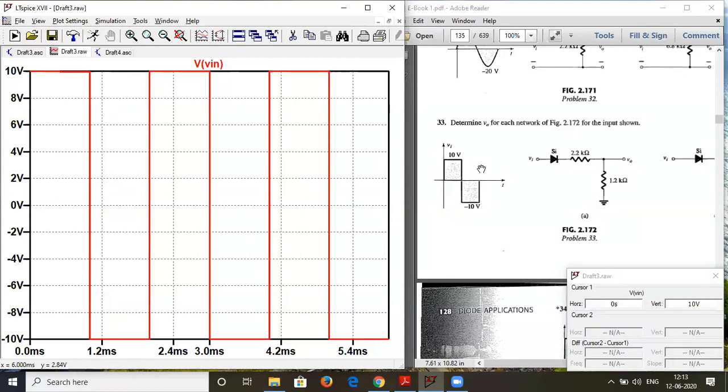So no problem, this will work. Is this clear? This waveform which I have plotted over here in LTspice. So you also have to do it similarly. It's perfect only because here also at 0 it's starting from 10 volts only. Any doubt over here? Anyone?